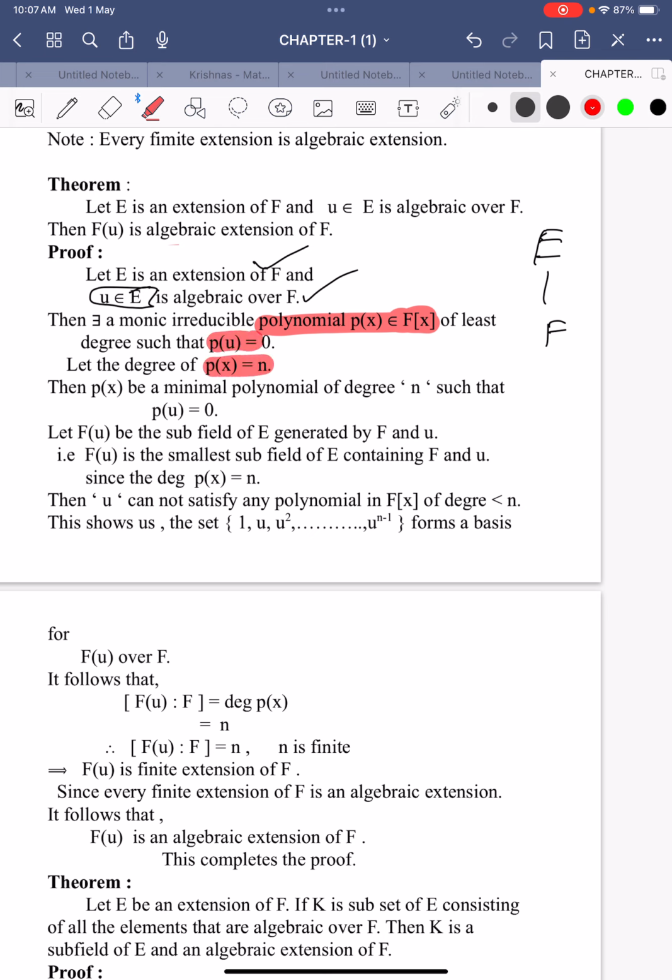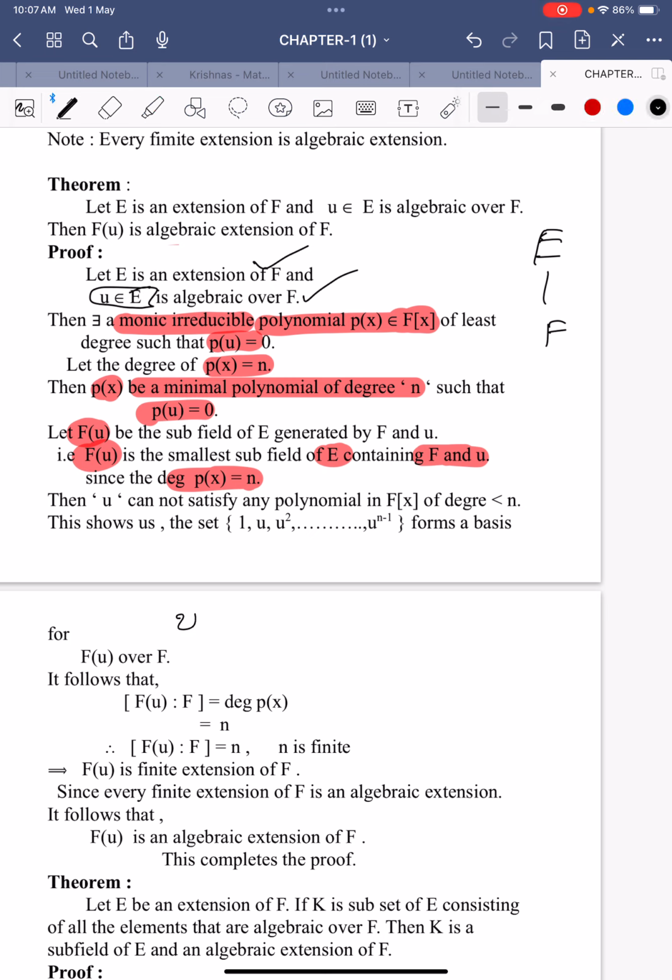Now assume that the degree of p(x) is equal to n. If you assume that the polynomial is monic and irreducible, then p(x) becomes the minimal polynomial of degree n such that p(u) is equal to 0. That p(x) becomes an irreducible polynomial. So F(u) is the subfield of E generated by F and u. So F(u) is the subfield of E containing F and u, and the degree of p(x) is equal to n. It means